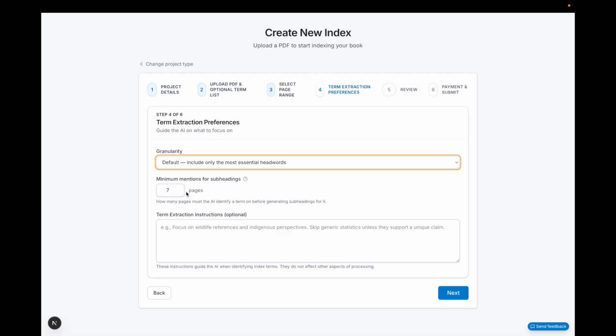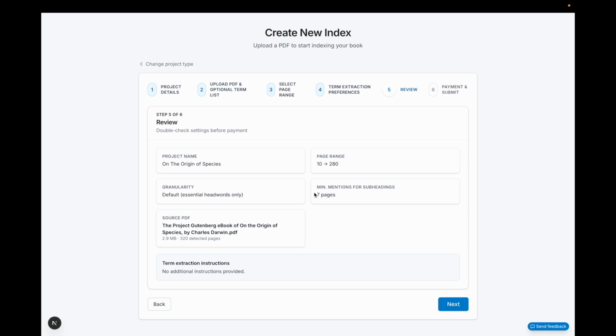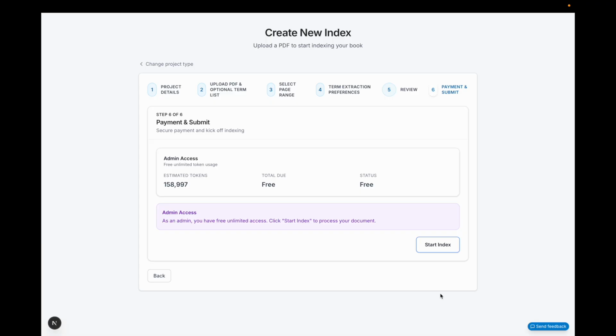ways. For instance, in one part of the book, we were looking at its economic capacity. In another part of the book, we were looking at its ability to impose sanctions, and so on. These subheader labels are meant to help readers identify those different components in your own book. Next up, you can review all of your inputted preferences. And then finally, at that stage, you can submit all of that, and our AI system will take care of